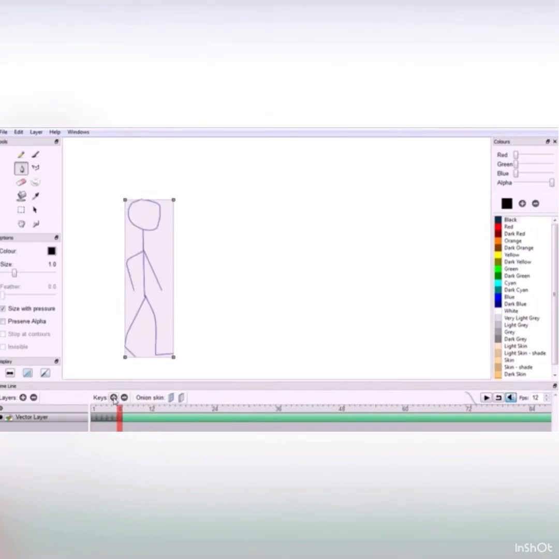Add more keys and paste it. You can also use Ctrl plus V. Wait a while, it's working, processing is going on. You just add more keys and paste it. If you want to see the preview, then you click on the play button.